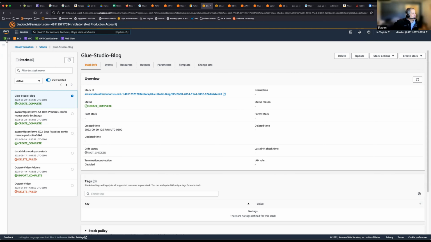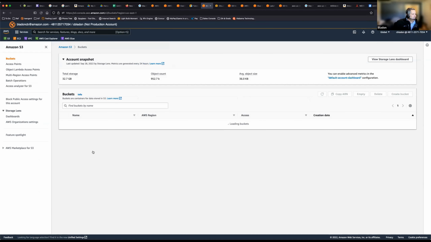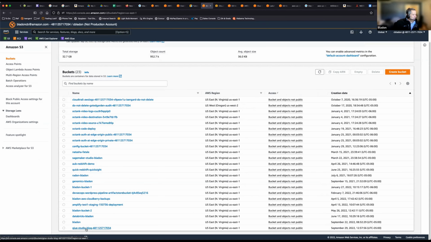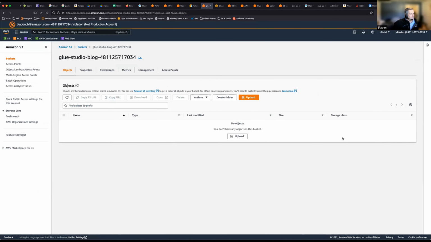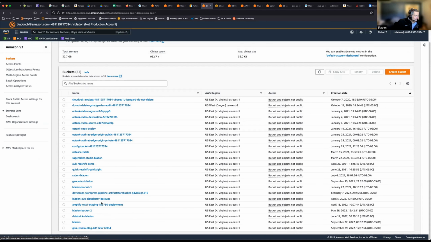I'm going to go over here really fast to S3, and I'm going to show you just one thing it created. Down here at the bottom, it is the Glue Studio blog. It created this bucket right here, and it also created another bucket somewhere. I'm not seeing it here just for a second. Anyway,